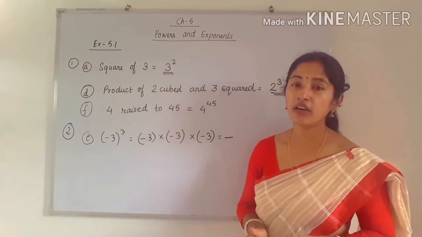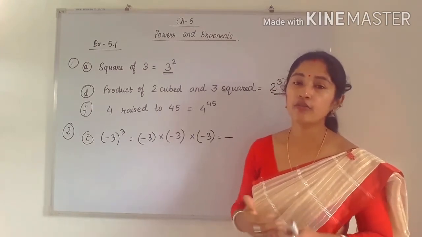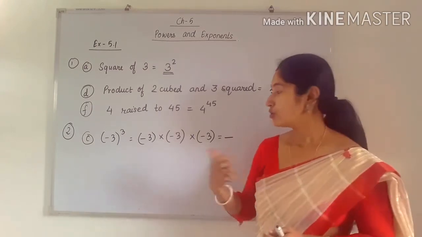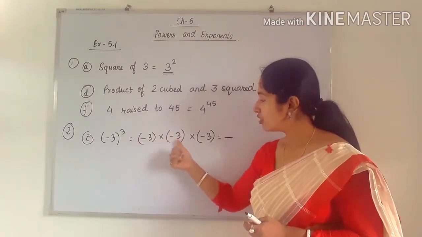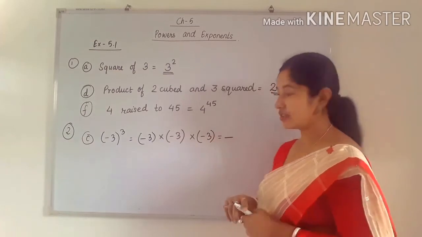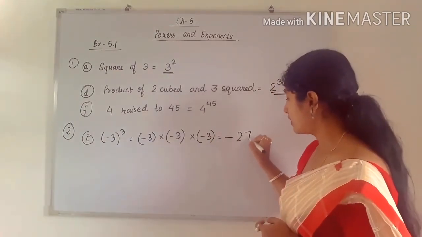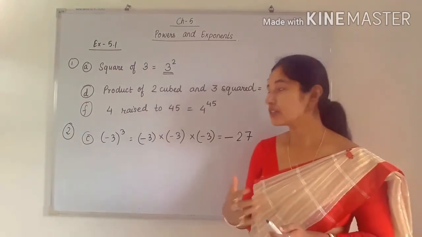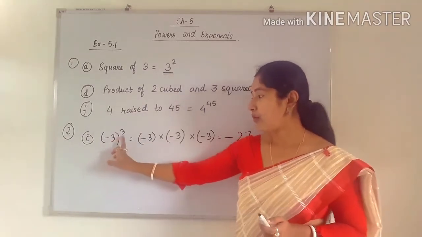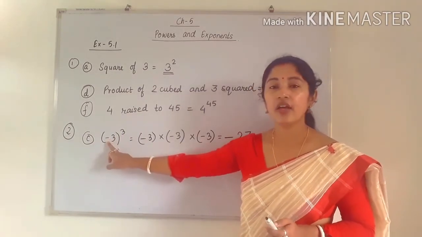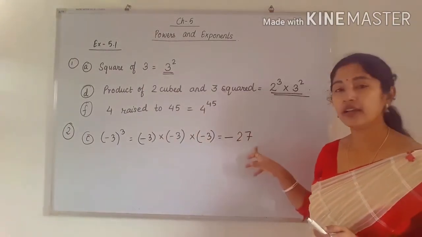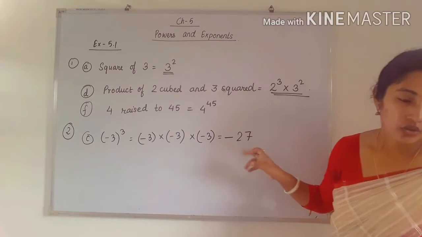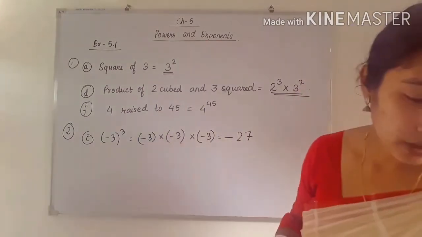Okay. Now the symbol part is over. Now you have to find the number. So how to find the number? You have to multiply only the number. So 3 into 3 into 3, this is 27. So the answer is minus 27. Already we have discussed that if the power is odd and the base is negative, then we will always get a negative number as the answer, and this is a negative rational number. Okay. So let us do the next one.